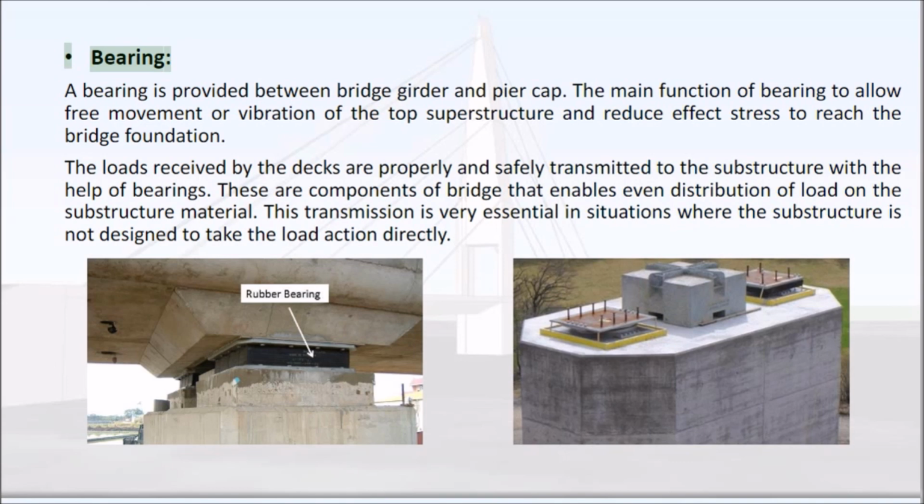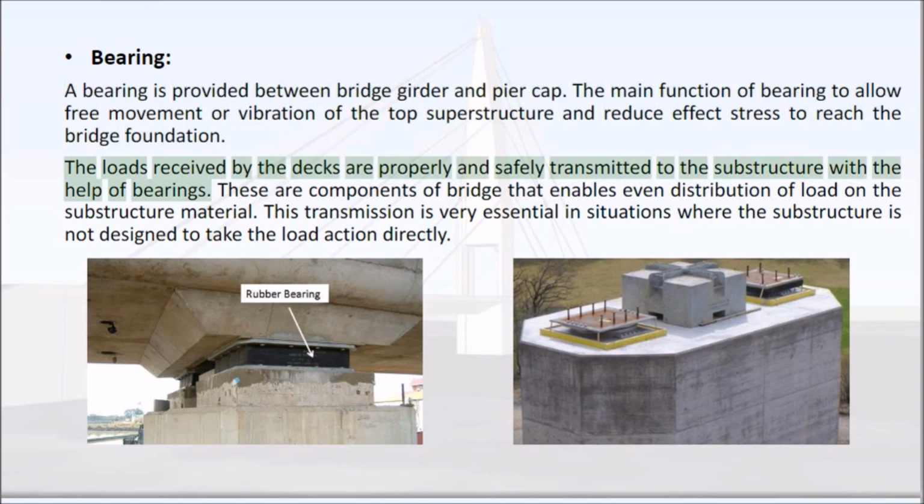Bearing. A bearing is provided between the bridge girder and pier cap. The main function of the bearing is to allow free movement or vibration of the top superstructure and reduce the effect of stress reaching the bridge foundation.